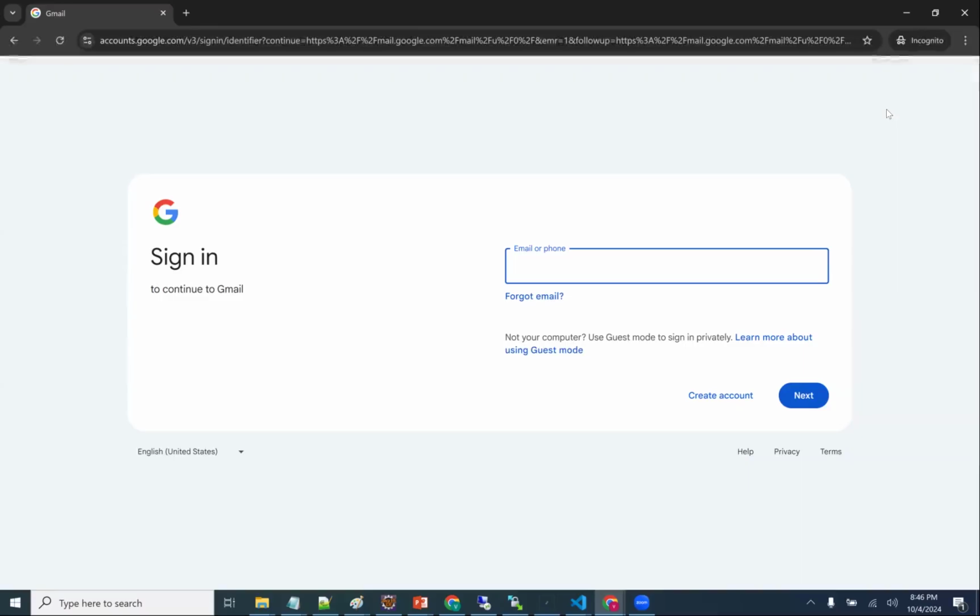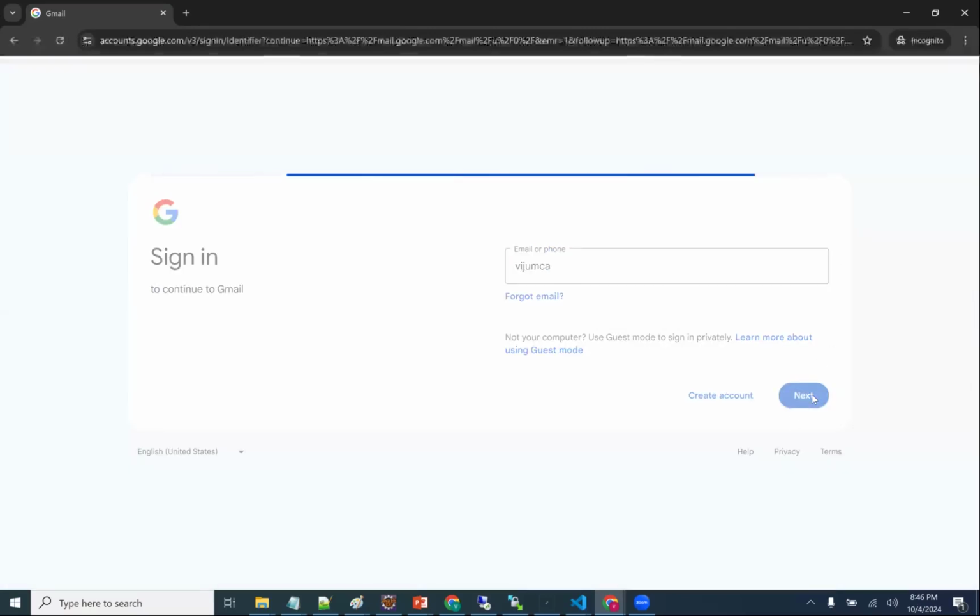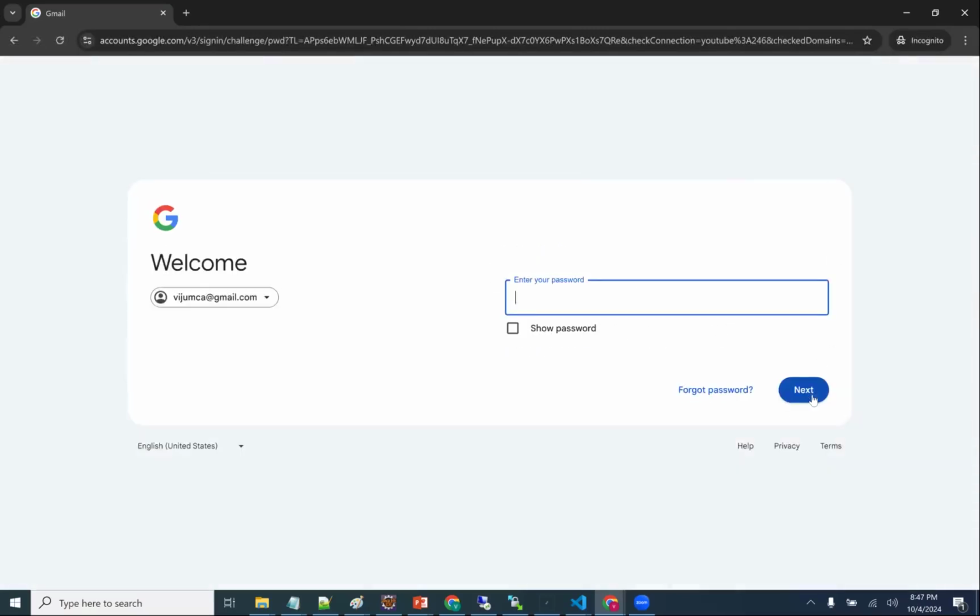What do I need to enter here? My email. I'm entering my email ID. Next. It will check whether this email is available or not. It is asking me for a password.